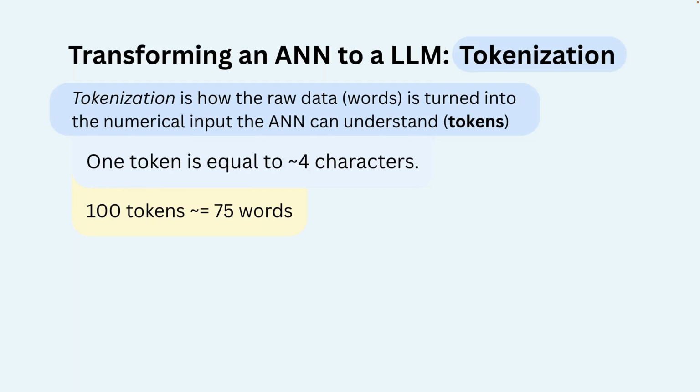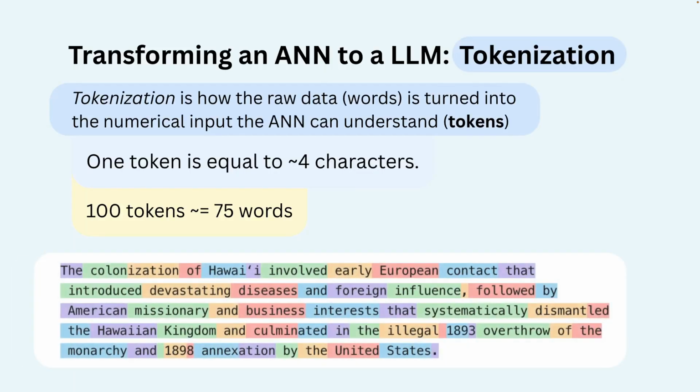Remember those layers I had talked about previously? Your words in the input layer turn into tokens in the hidden layers before being translated back into natural language in the output layer. Please note that these tokens are not a one-to-one translation of any language. I have at the bottom of this slide an example that I created through ChatGPT. They have on their website a way to see what the tokens would look like for your input in comparison